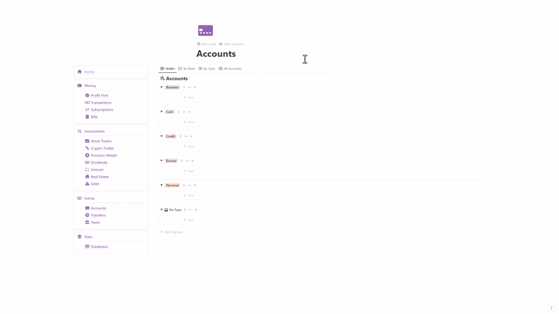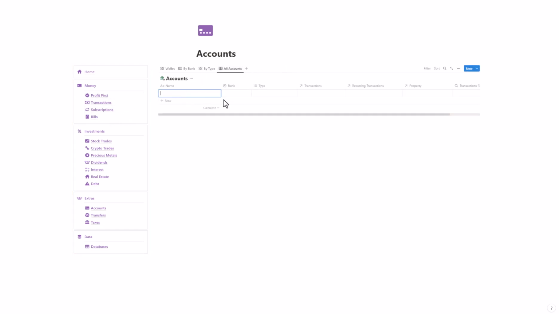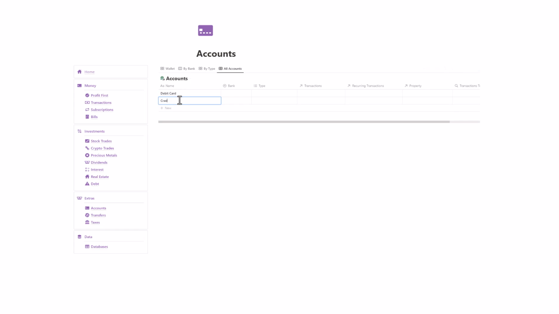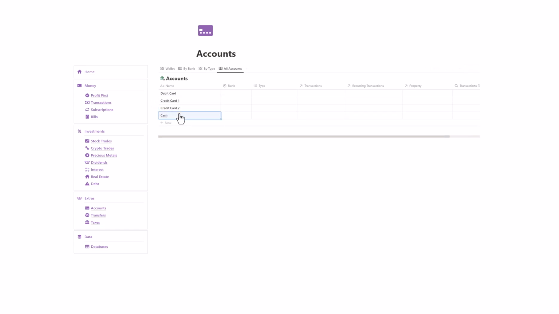So on the accounts page, you can create multiple different accounts and kind of store it in your wallet. Think of it as some essential information about your bank accounts, your cash, your credits, and whatnot. And we will be linking all of the transactions and subscriptions to these accounts. So to do this, pretty simple, just start filling it out. You can go and just do debit card, credit card 1, credit card 2, cash, let's say PayPal,